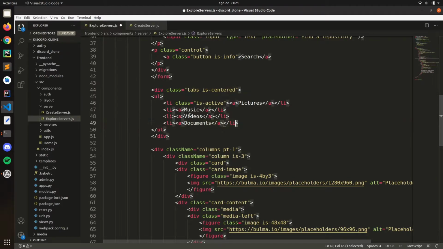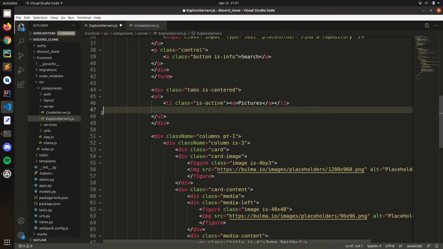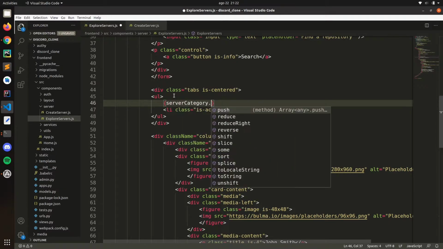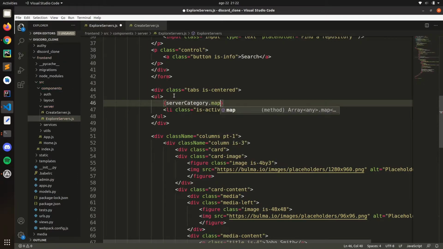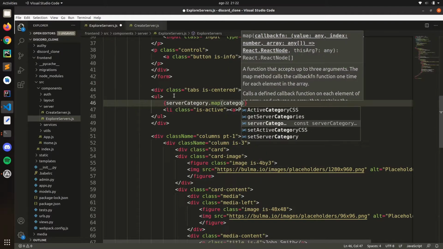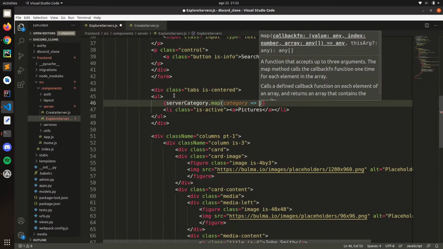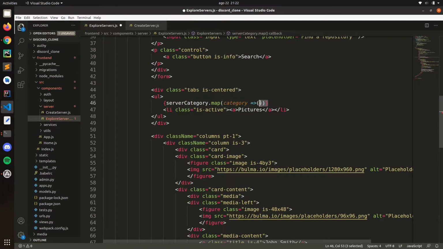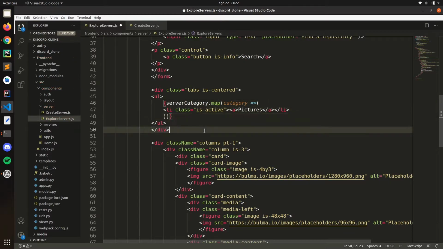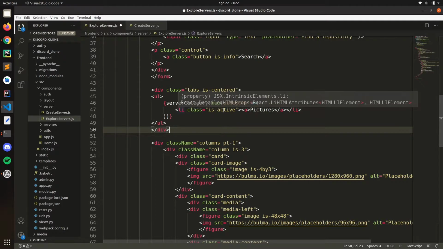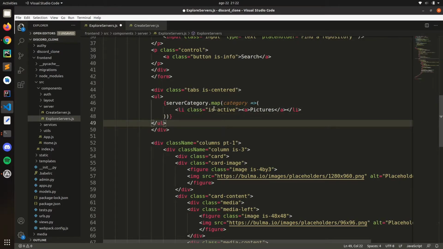And then here, basically in this UL, let's just delete that. Here, we're going to get the serverCategory dot map. Remember, then here category, right? Let's just put the function here. We can just move this one here, just like that, because we want to map like this list item here. So category, and then